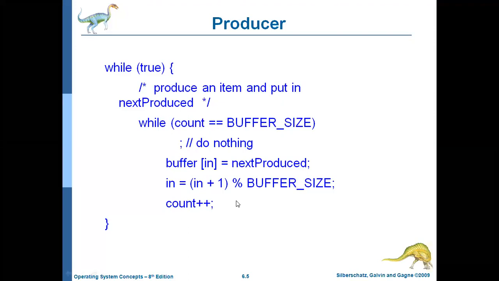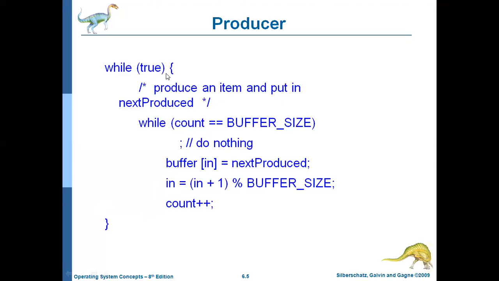And then what is the value of in? 1. So 1 plus 1, that means 2 modulo division 5. 2 modulo division 5 means 2. Now the value of in is 2 and the count is also incremented by 1. Earlier it was 1 and now it is 2. So at the end of the second iteration, the value of in is 2 and the value of count is 2. Okay, again you move to the next.